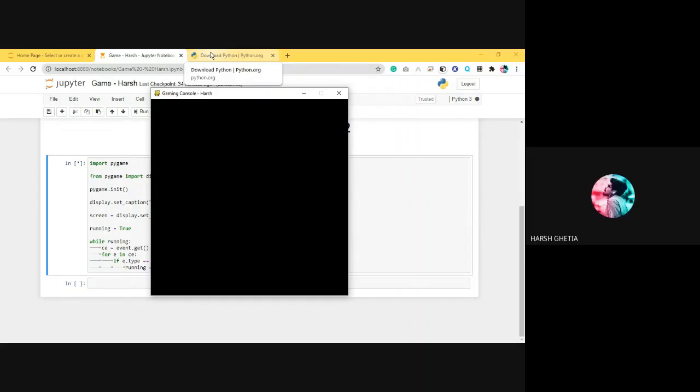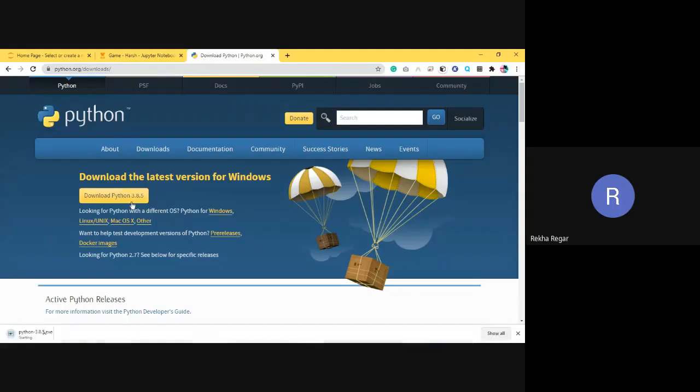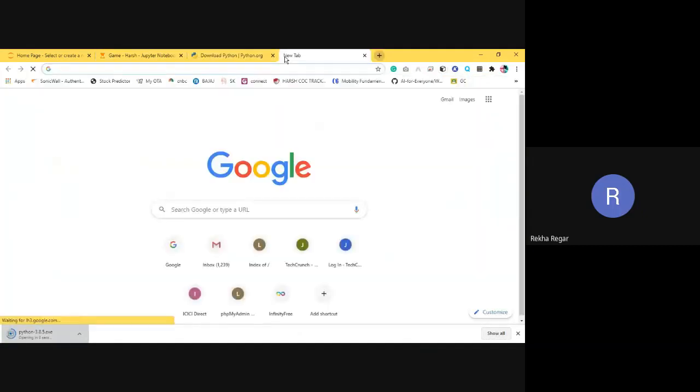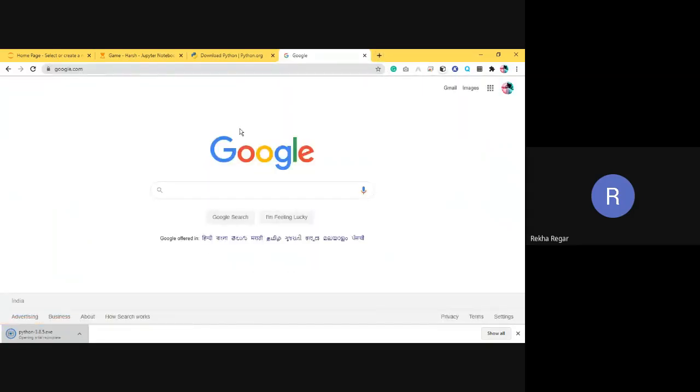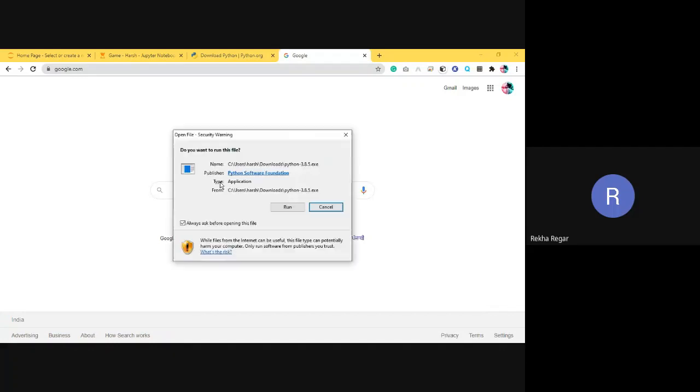To upload the images, first we need some images. You can simply take images from Google, or if you are interested in using your own images, you can take them from your gallery also.